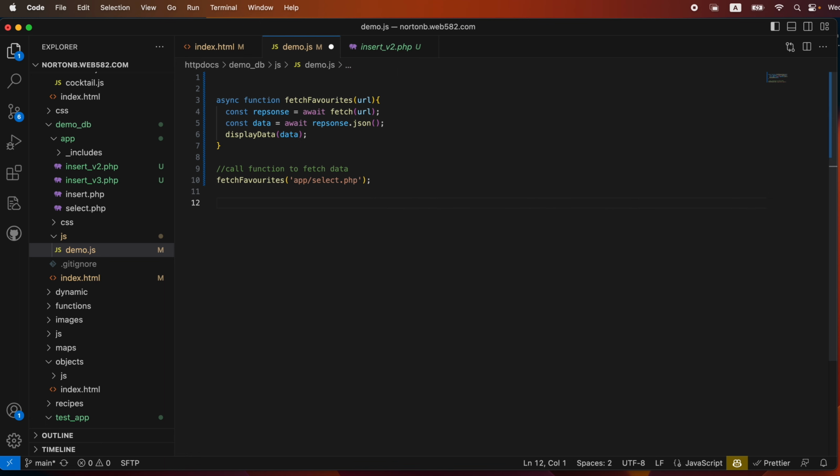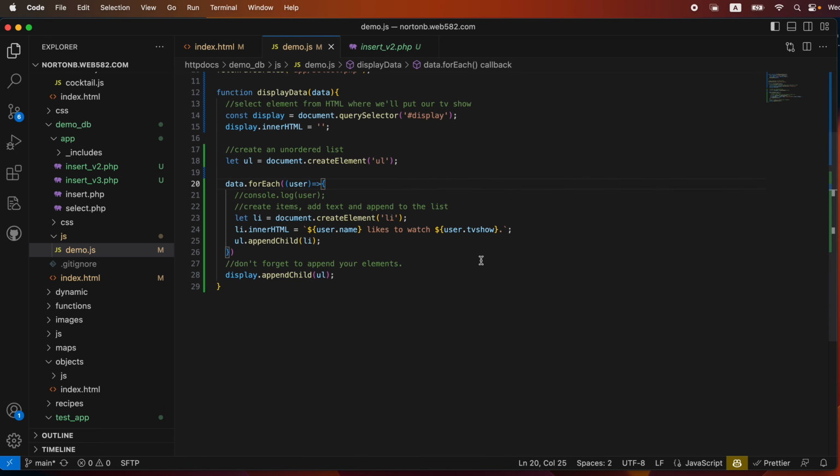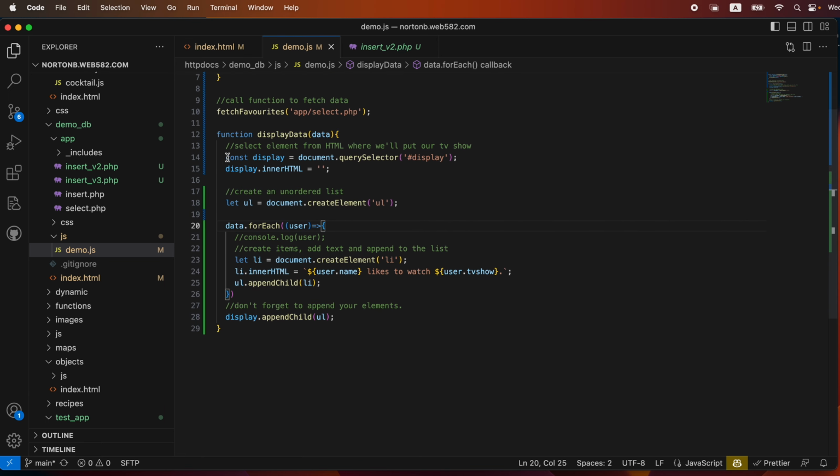And then we'll come down here and do function display data, pass in the data that we've received from the fetch, and then we'll go through. I'll go through and I'll create some elements so that they can display on the page. I'll be right back. So you can see I've pasted in some code here,